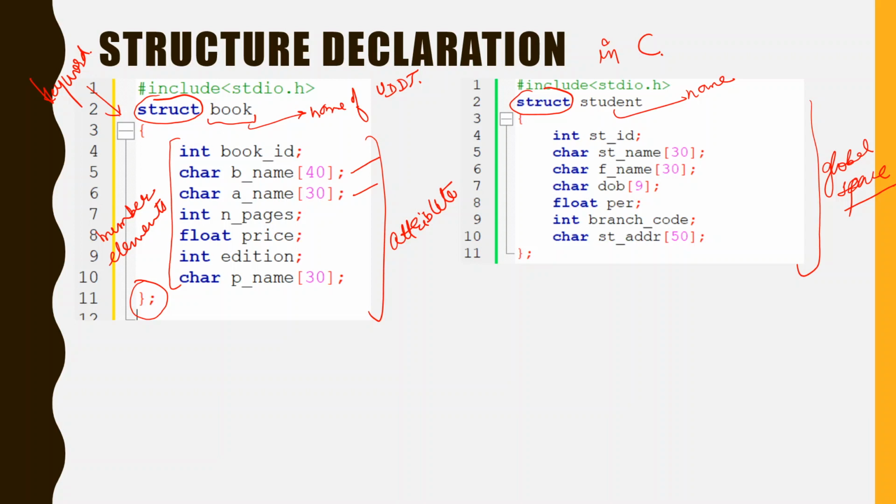Because we are creating a new data type, simply like previously, for fundamental data types, variables are created. We will see further that variables of these user defined data types will also be created. So that is why this data type needs to be known to all the user defined functions, and it is kept in the global space.